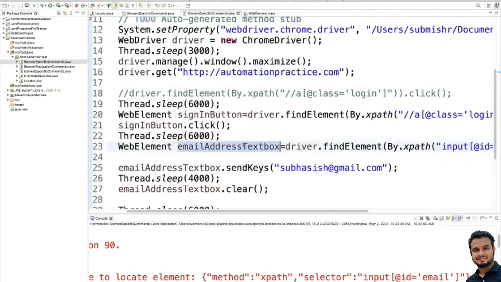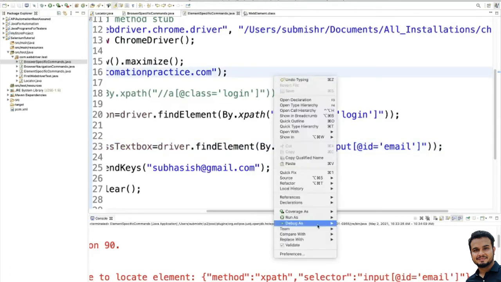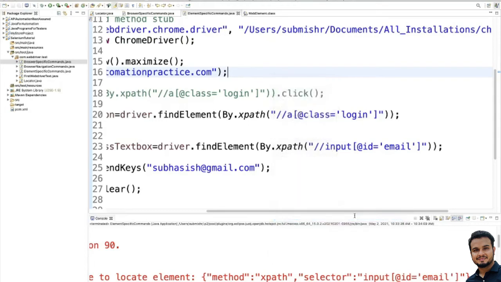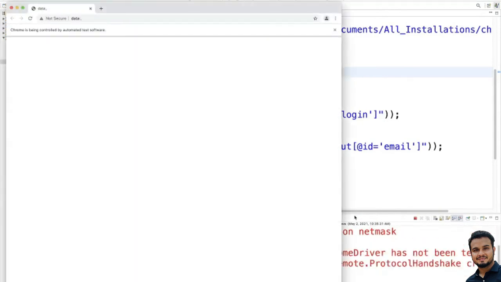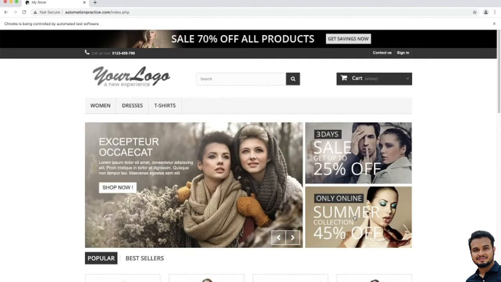Web element, this driver dot find element by dot XPath input @id equal to. Okay, we have not given this, right? That is the problem. Let me execute it again. The automationpractice.com website is opening. Sign in button should be clicked.